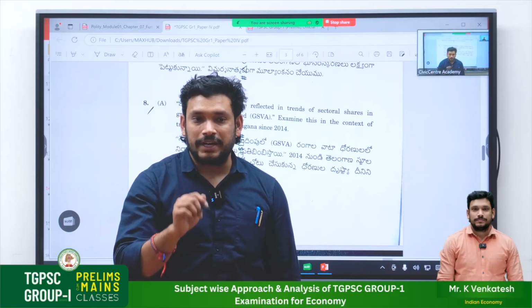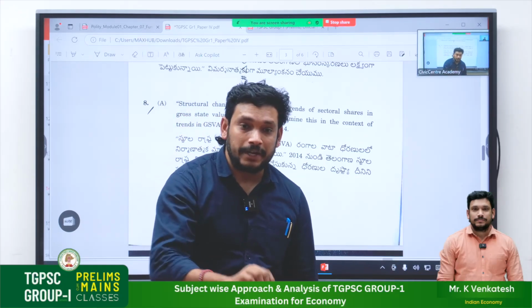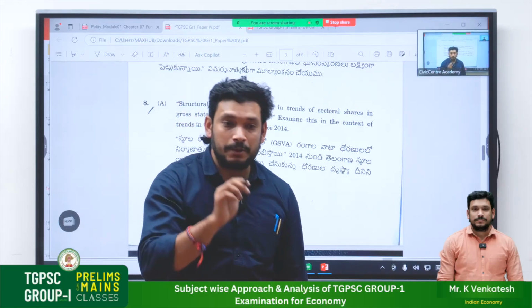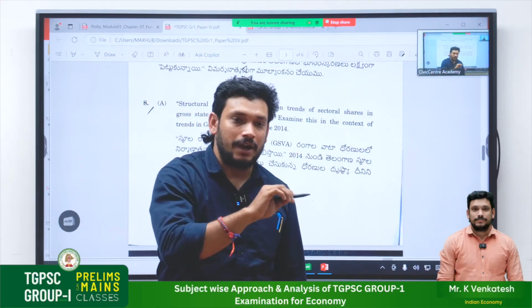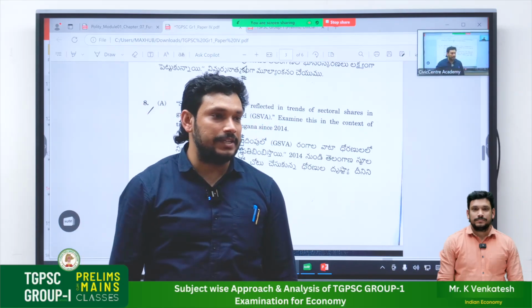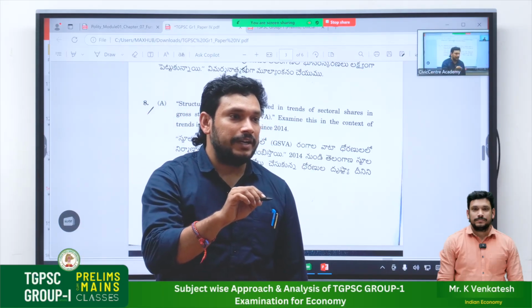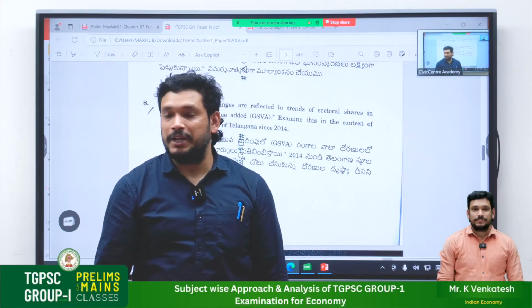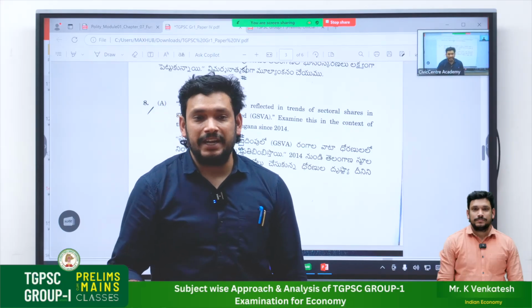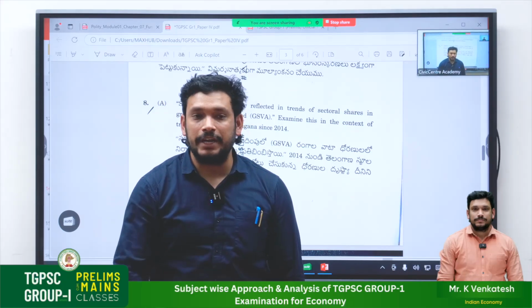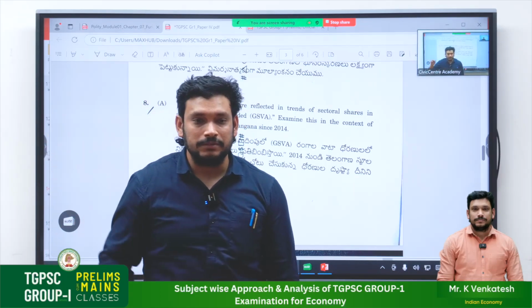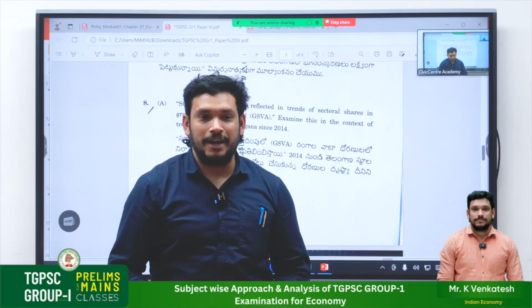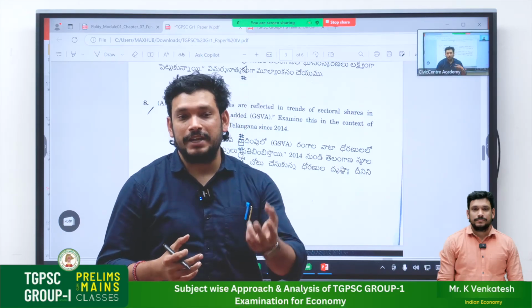But most of the times, from a Group 2 perspective, that is good. But from a Group 1 perspective, you need to see what the trend is, whether it is increasing or decreasing. Which year did it dip too low? Why did it dip so low? In 2019-20, it dipped too low. Why? The COVID pandemic. So we know the reason now.